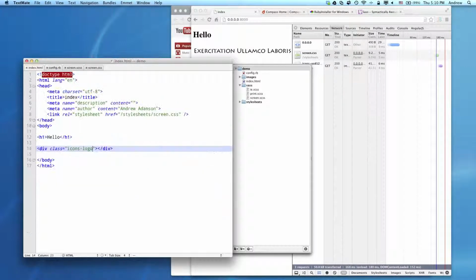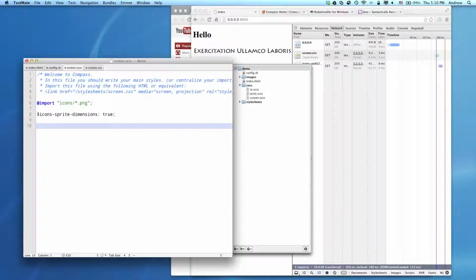And I'm going to create a new div. I'm just going to call it test. And I'm going to create a test class. Now remember, before we include all icon sprites,